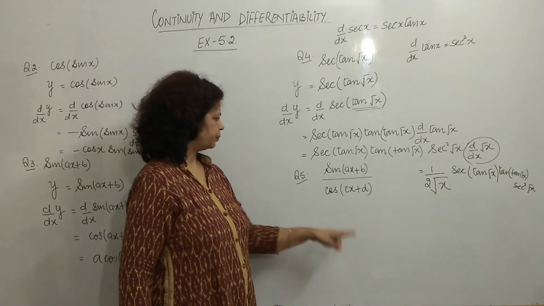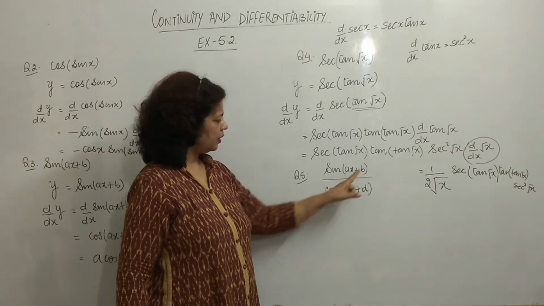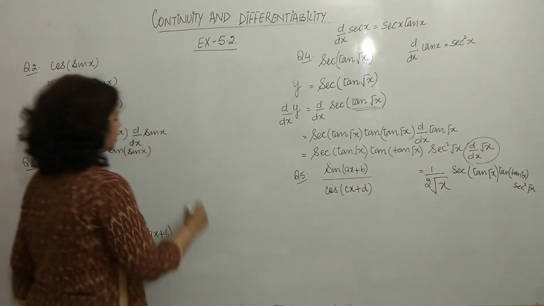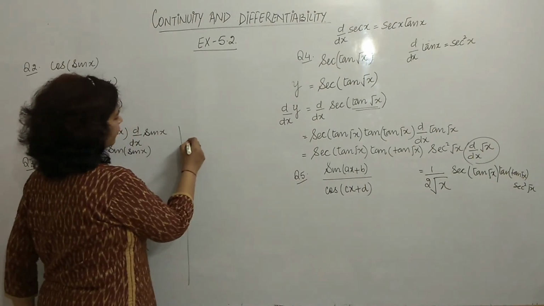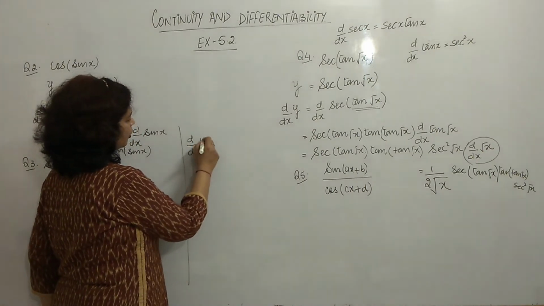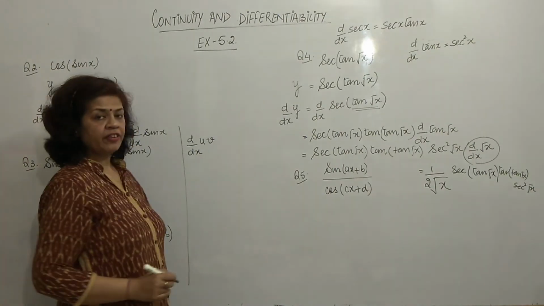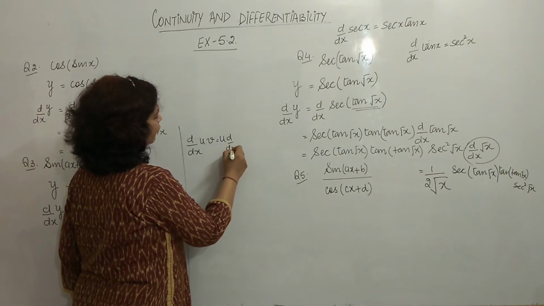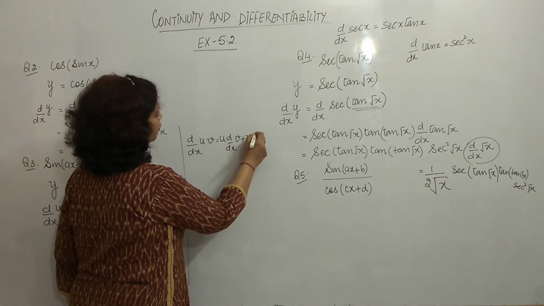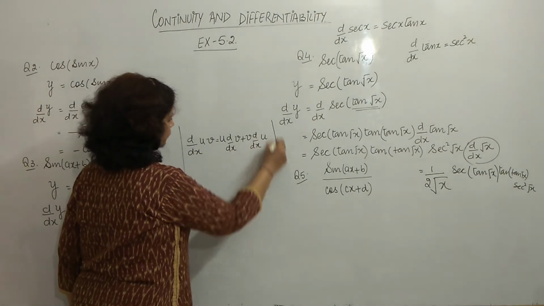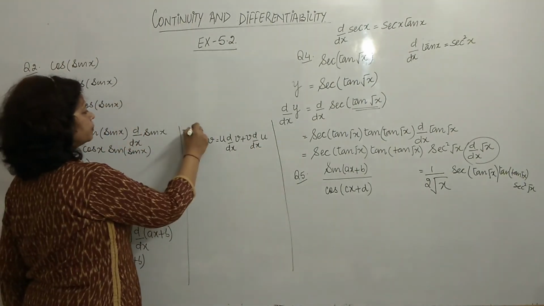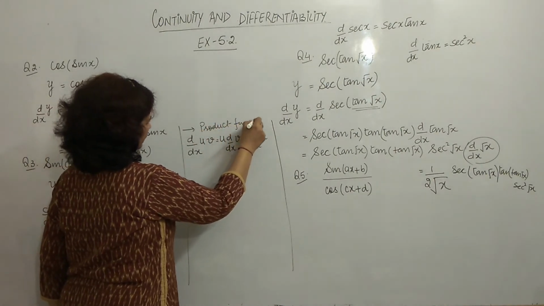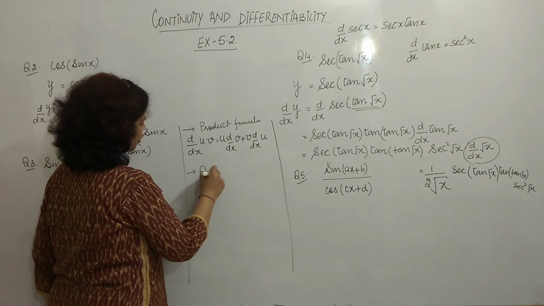Now sin ax plus b upon cos cx plus d. You remember the formulas, two formulas. The derivative of u into v, that means the derivative of the product of two functions, was u into the derivative of v plus v into the derivative of u. One formula, the product formula you can say, and the quotient formula,